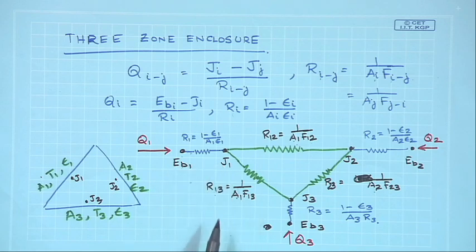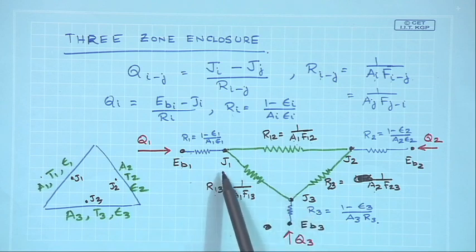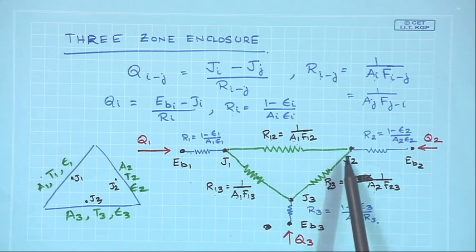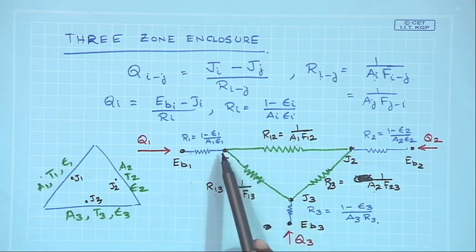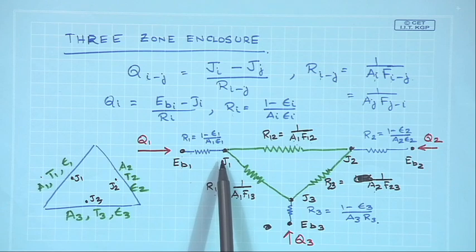than EB1. Another point which I would like you to remember is that the value of J1 is affected by the presence of other surfaces emitting radiation. So, whatever is the value of J1 is going to be dependent on whatever radiation it receives from the other surfaces. So, 1, 2 and 3, these three surfaces are therefore connected. Any change in the value of Q3 or Q2 would affect the value of J1 as well.